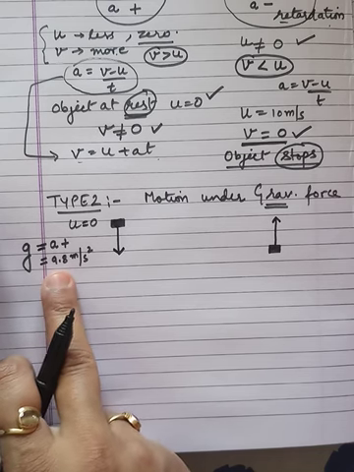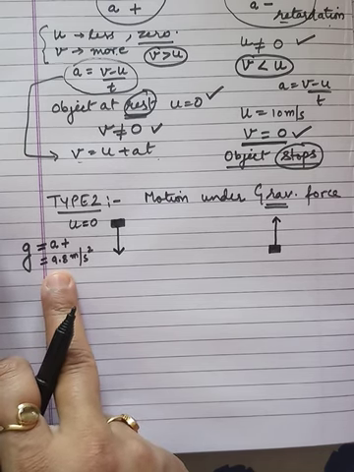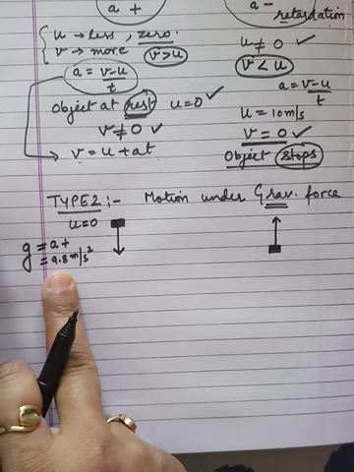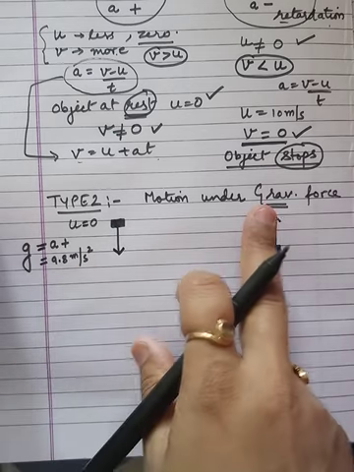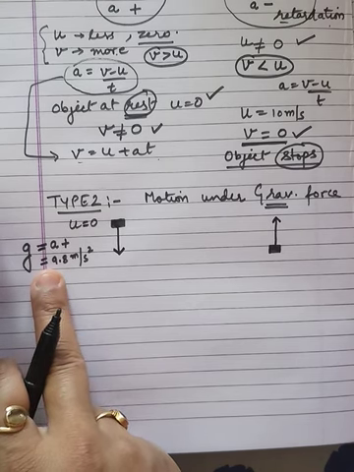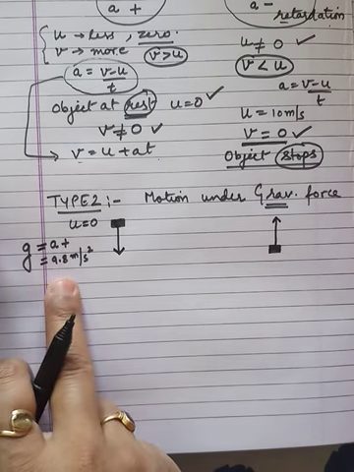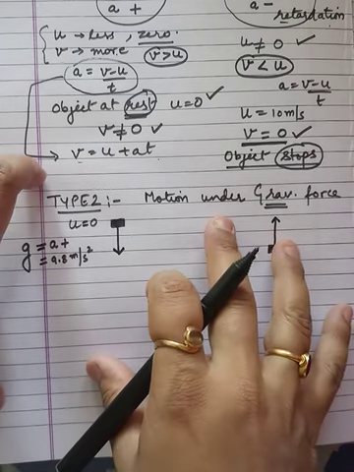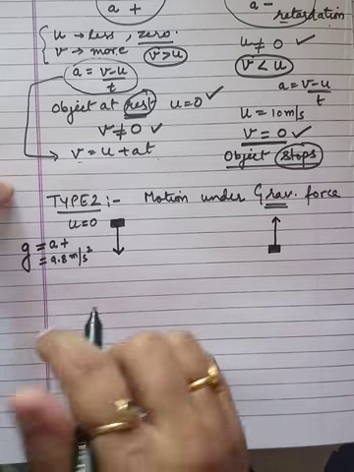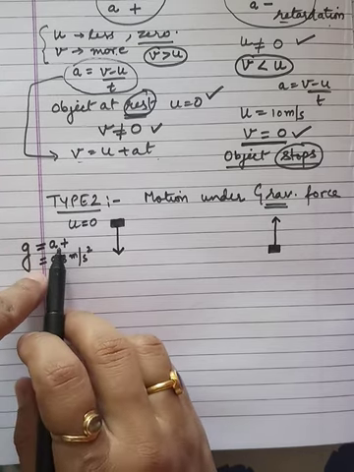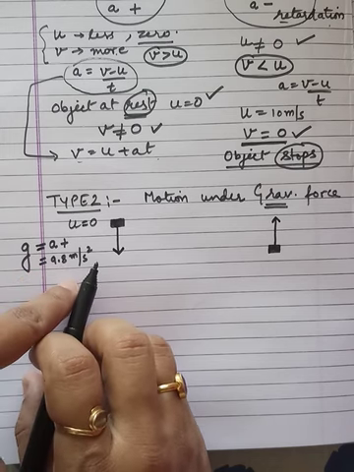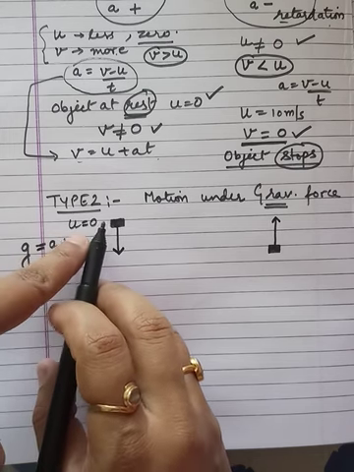That will be clear in our next chapter, that is the chapter on gravitation. We will study all these concepts of gravitational force deeply in that chapter, so that will be more clear there. For now, for understanding this type of numerical, we will understand that in this case acceleration is always positive and it has the value 9.8 meter per second square, and initial velocity is 0.